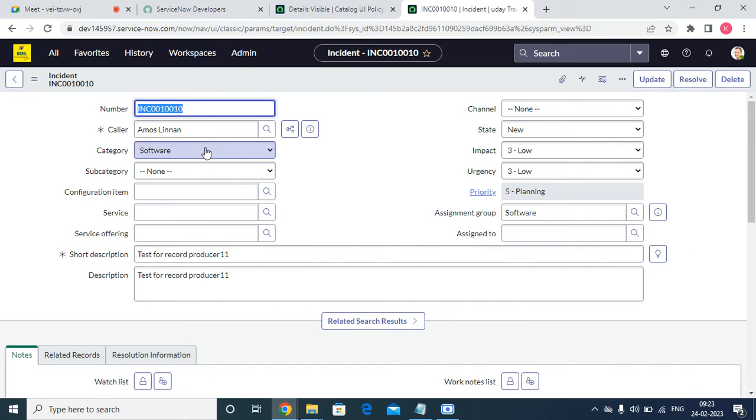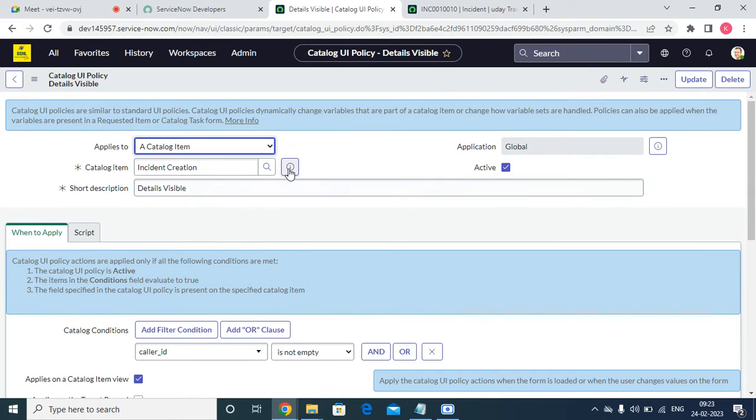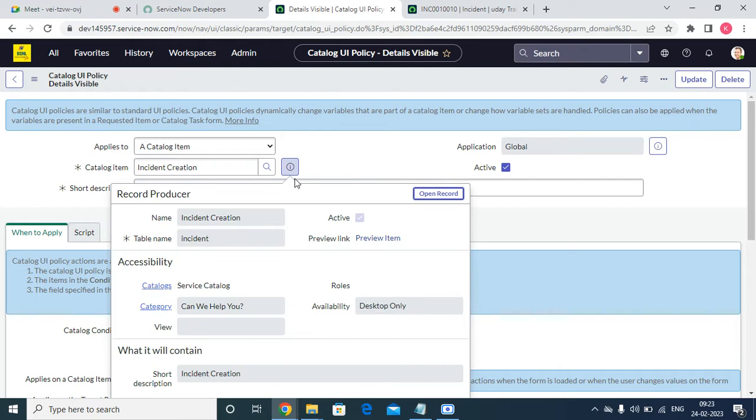So if I give the category, it is automatically assigned to the software. That's the thing. And if I open this, what is this name? Record producer. Whenever the record producer is submitted, it will automatically redirect to that incident page. So I want to stop it and make it a different thing. Which means if I open this one,